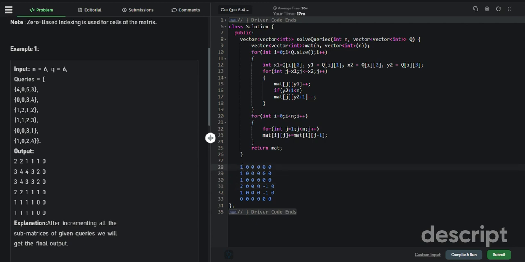And now the ending index for the query 0, 0 to 3, 4, that means till here, the index next to it, I will make it -1. That's it. Suppose only these two queries were present in my matrix. After I have done this process for all the queries, that is, made the starting index incremented by 1 and the index next to the ending index incremented by -1,